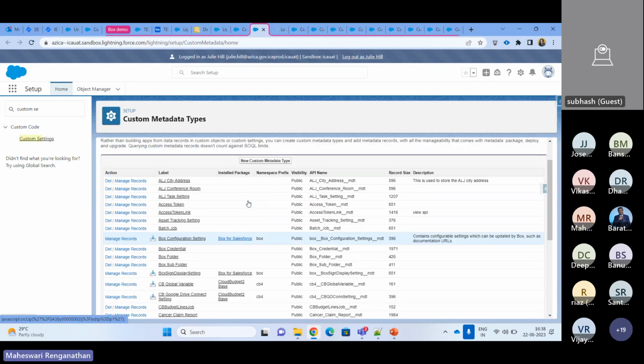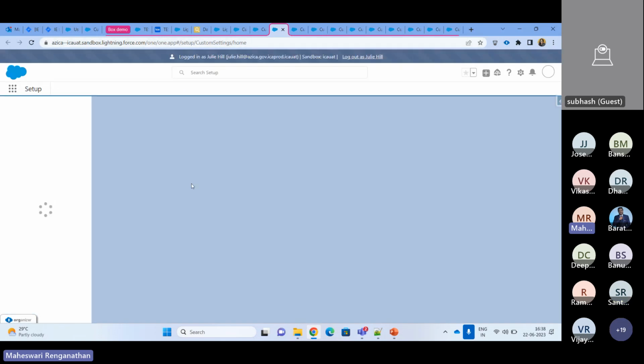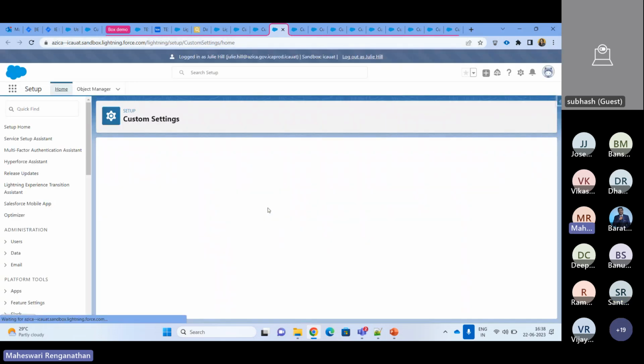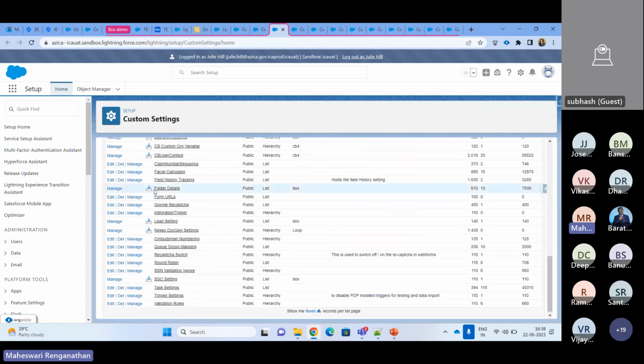Yes, once again I will show the folder details. Whenever we install Box, in the custom setting, by default, this is the managed package. The folder details will be automatically created from Box. So once you go to the folder details,